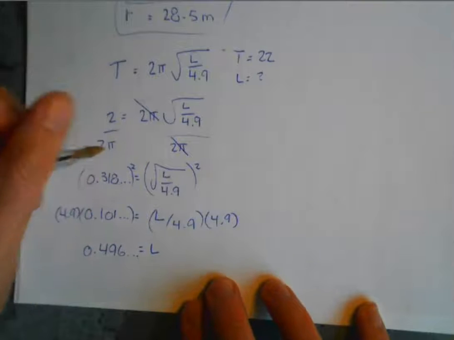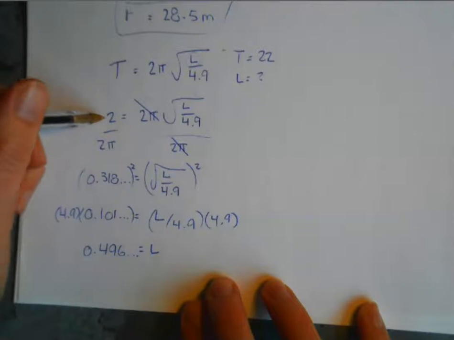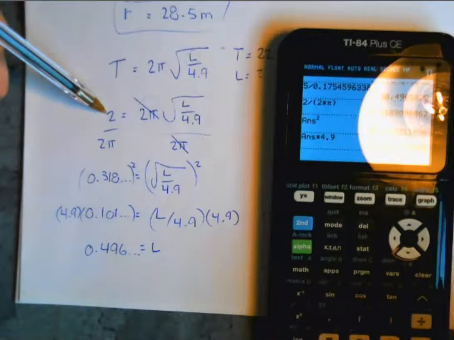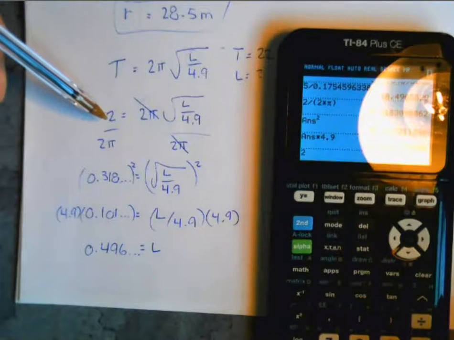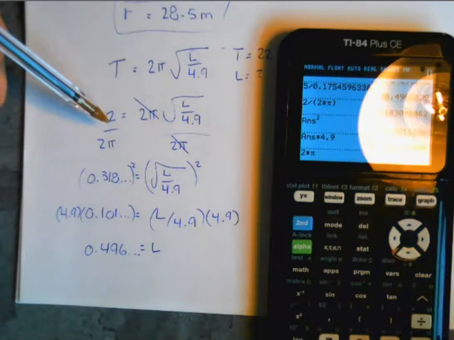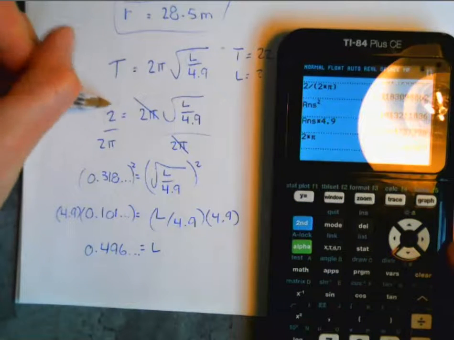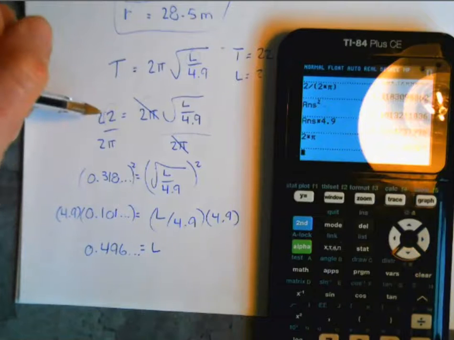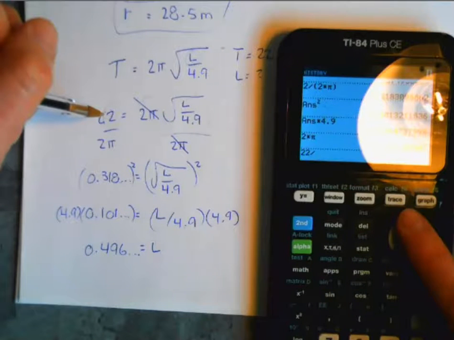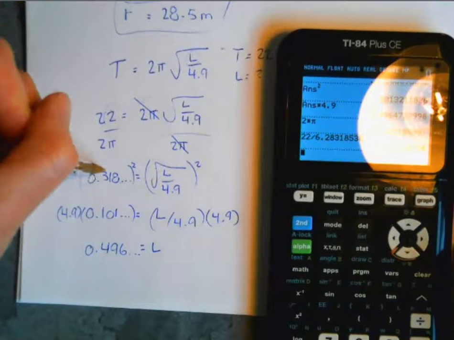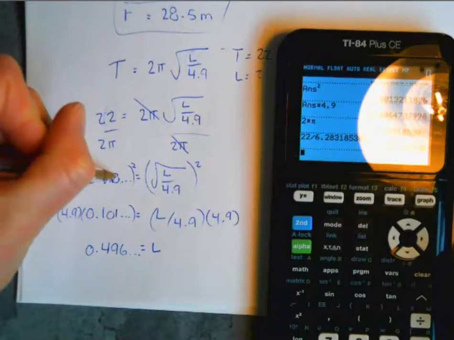Huh, that's weird. Where did I go wrong there? Because this is not the same numbers I got last time. Let me just go through here really quickly. So 2 times pi. Oh, that's it, because I put in 2 here and t was 22. There we go. 22 divided by 2 pi. Sorry, okay, so that would have given me